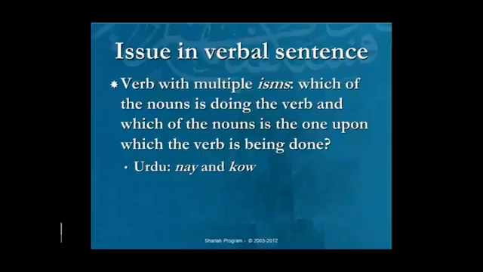Urdu does it with extra words. Along with the verb and the 2 nouns, you'll have a ne and you'll have a ko. So when you combine it together, you get Zaid ne Amr ko mara. Zaid hit Amr. Now the ne is distinguishing which noun is the subject, and the ko is distinguishing which noun is the object. And if you switch around the ne and the ko, then Zaid becomes the object and Amr becomes the subject. Zaid ko Amr ne. Now Zaid is the object and Amr is the subject.